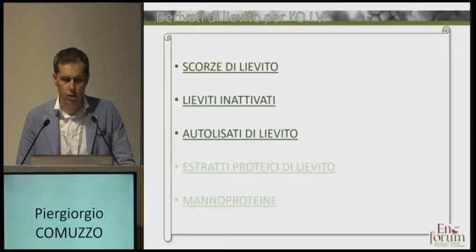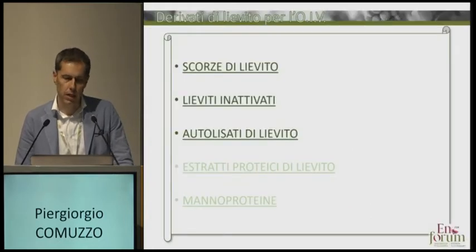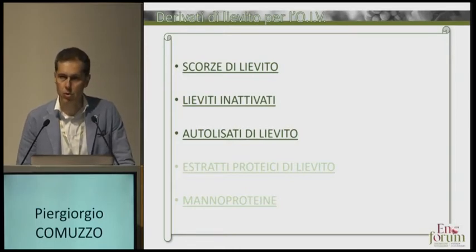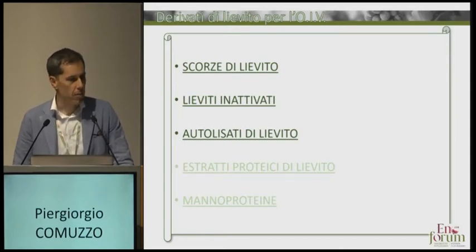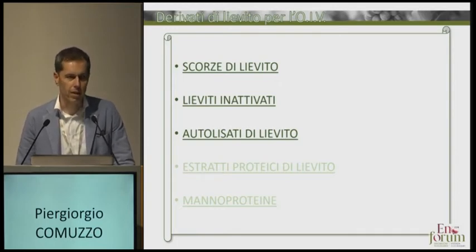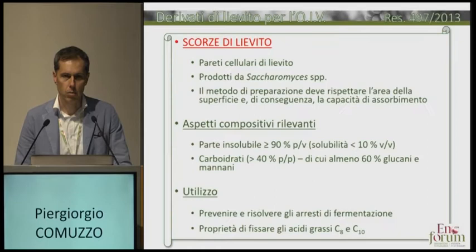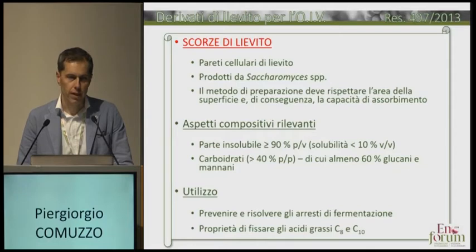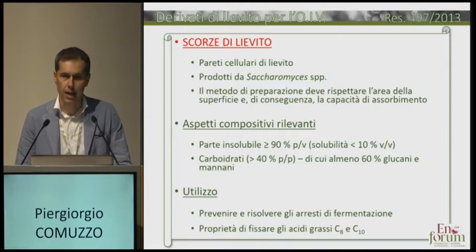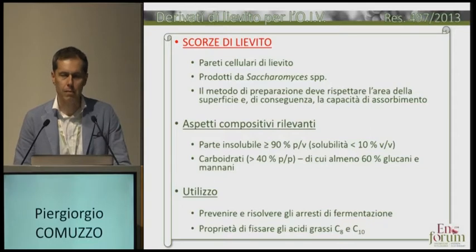topic, and we will distinguish into 5 types of derivatives. That is yeast hulls, inactivated yeast, yeast autolysates, and we'll focus on them. And then there are also protein extracts and a last product. There's 3 types of products. Sometimes considered to be basically the same, that is, that can be used at the same time, but OIV for hulls attributes importance to,